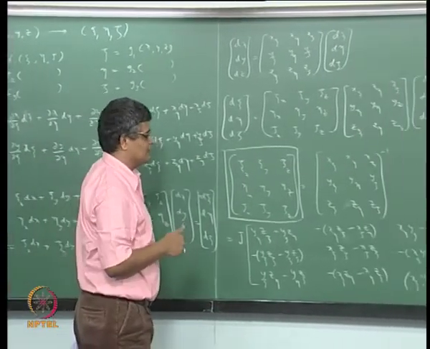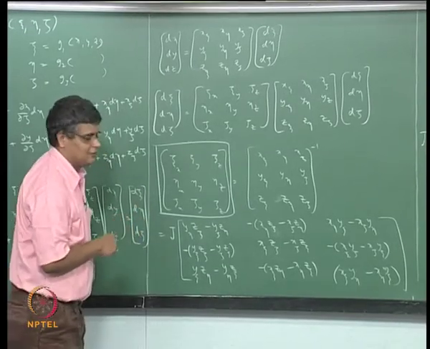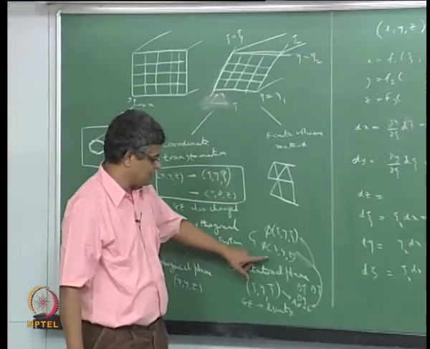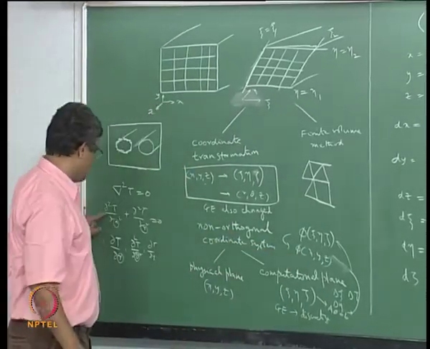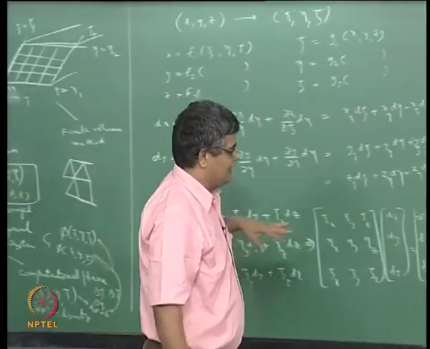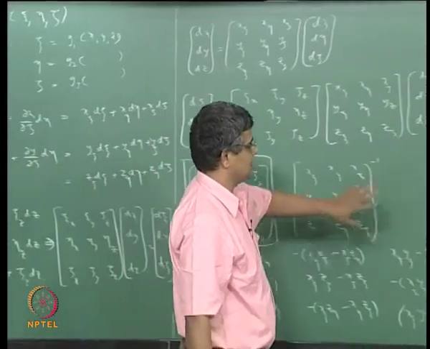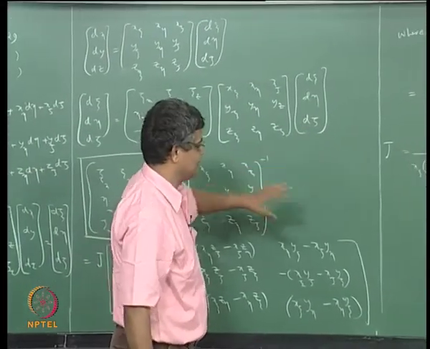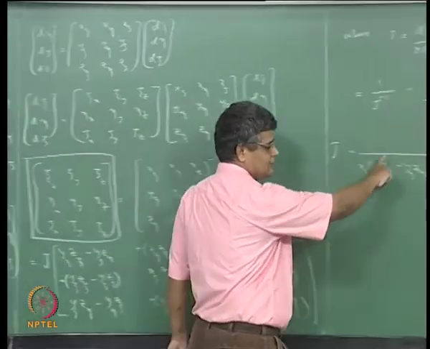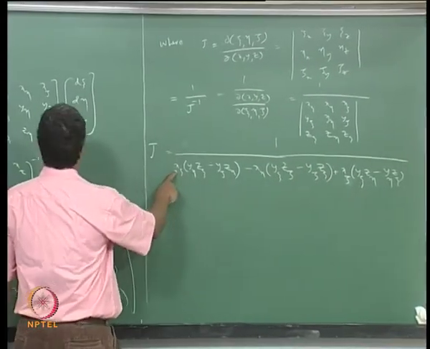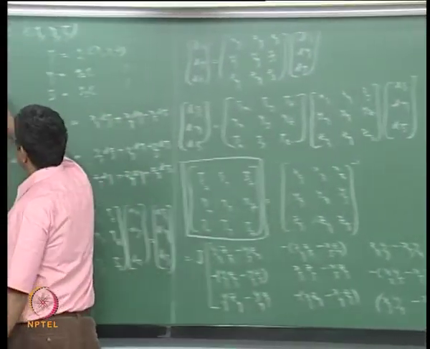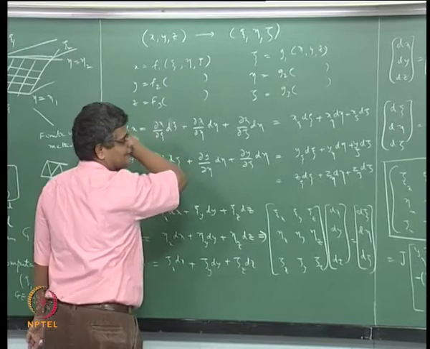These metrics are important because they appear when we transform our governing equations from xyz to psi eta zeta like this. So we need to be able to evaluate this, and these relations and the corresponding relation for x tell us that if, for example, we know how x, y, z are related to psi, eta, zeta, then we can immediately